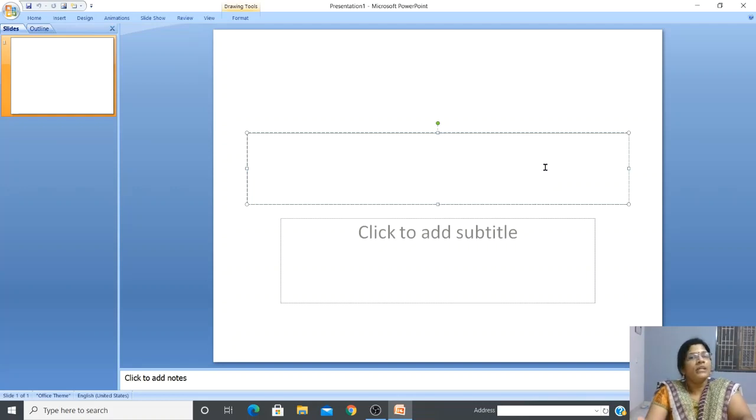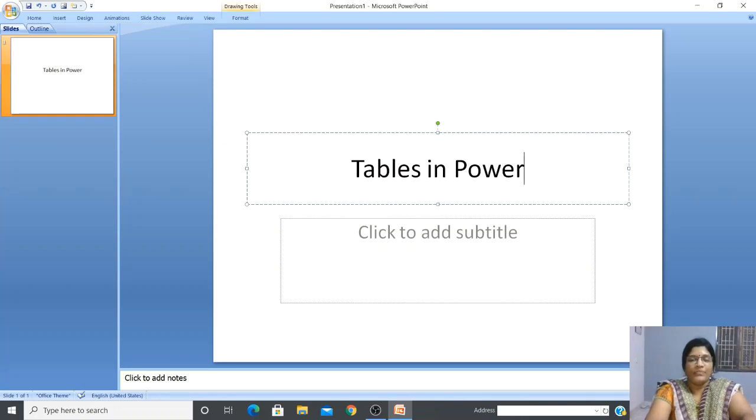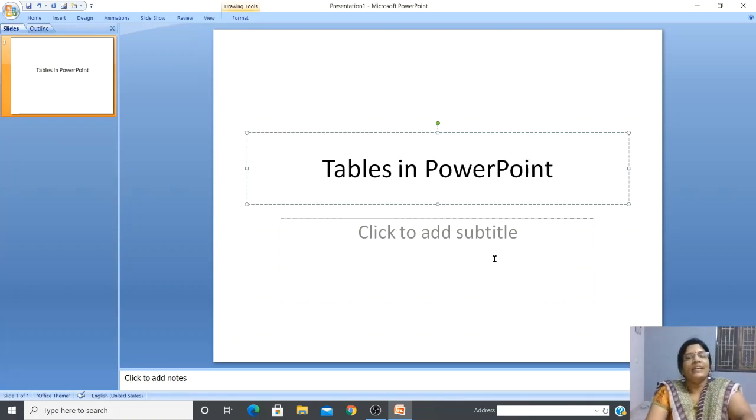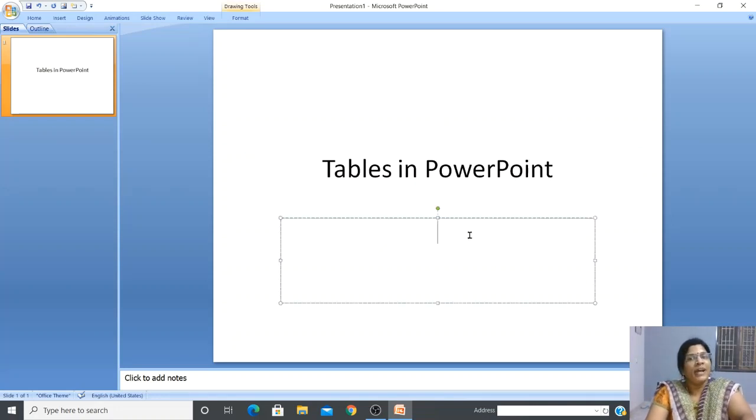Okay. So what is the topic name we can give? Shall we give it as creating tables in PowerPoint? Okay. We will give the name as Tables in PowerPoint. Okay. Then it's going to be a project by Mrs. Mangai. So in the second box, I'm giving Project by Mrs. Mangai.